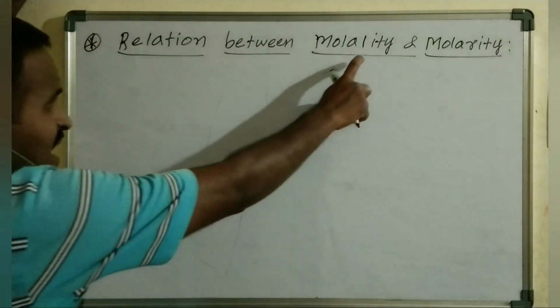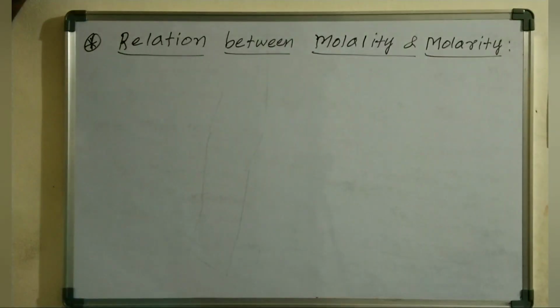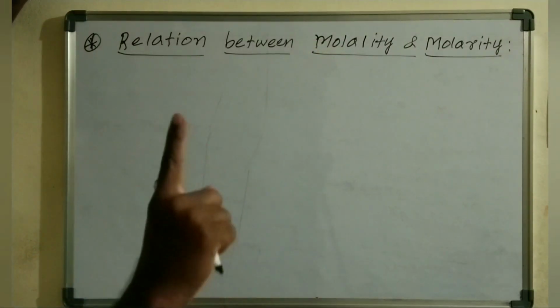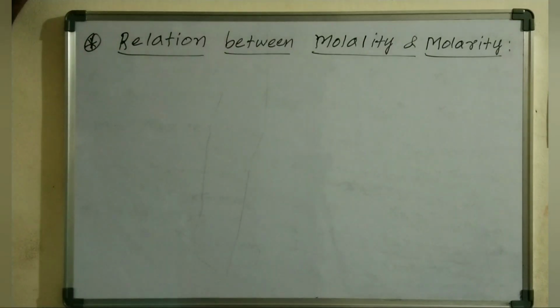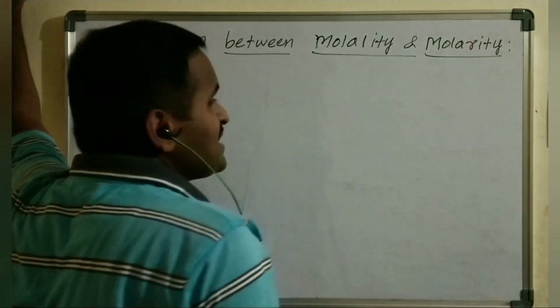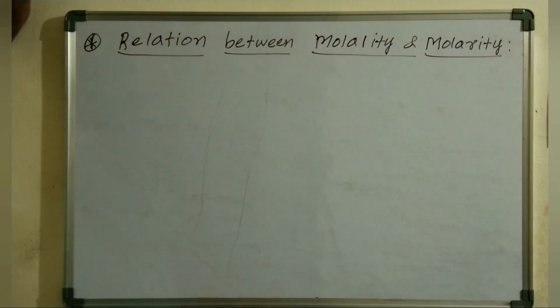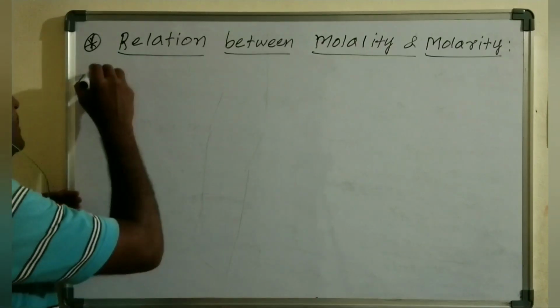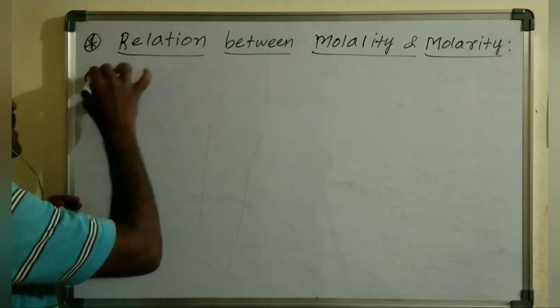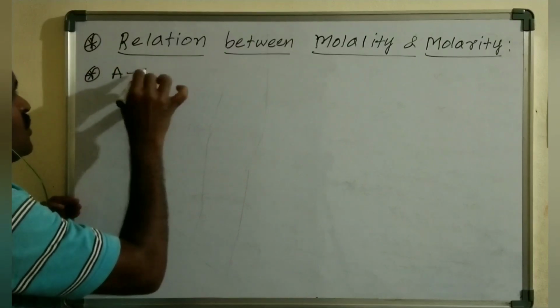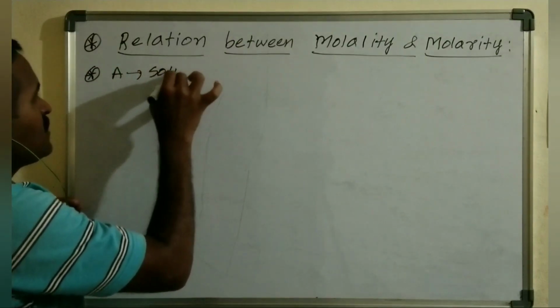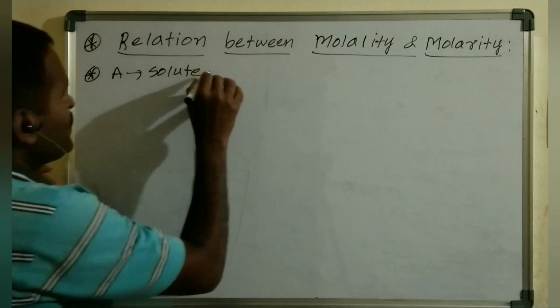Molality is simply "lity" and molarity is "rity". Molality is the number of moles of solute present in 1 kg of the solvent. Molarity is the number of moles of solute present in 1 liter of the solution. Consider A is a solute throughout this derivation or relation,